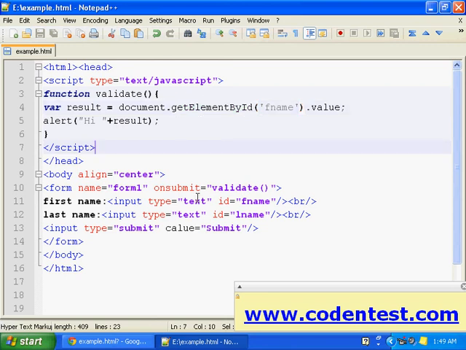Before accessing form elements, we need to give a unique ID to the form elements, like we did here. The ID for first name we gave as fname, and the ID for last name we gave lname.